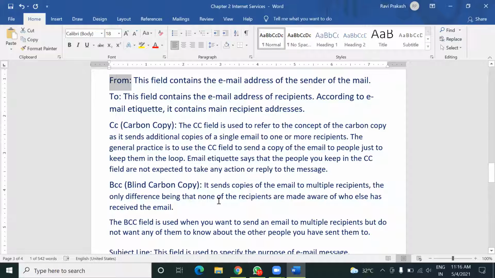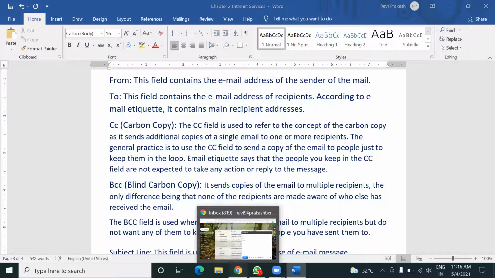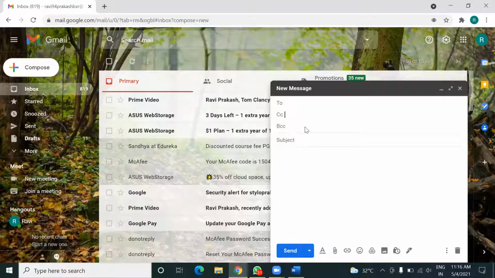So just see here, it sends copies of the email to multiple recipients, the same as carbon copy. The only difference being that none of the recipients are made aware of who else has received the email. Means if you mention recipient addresses in the BCC field, none of them will come to know about the other persons receiving this same message.